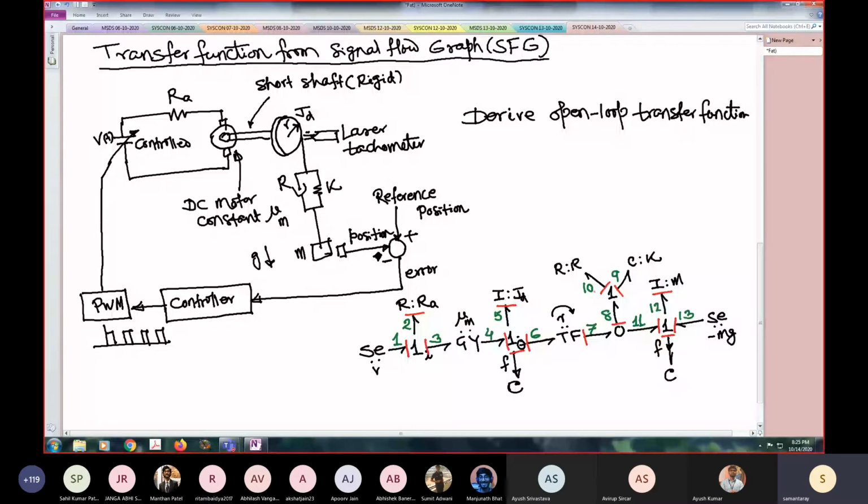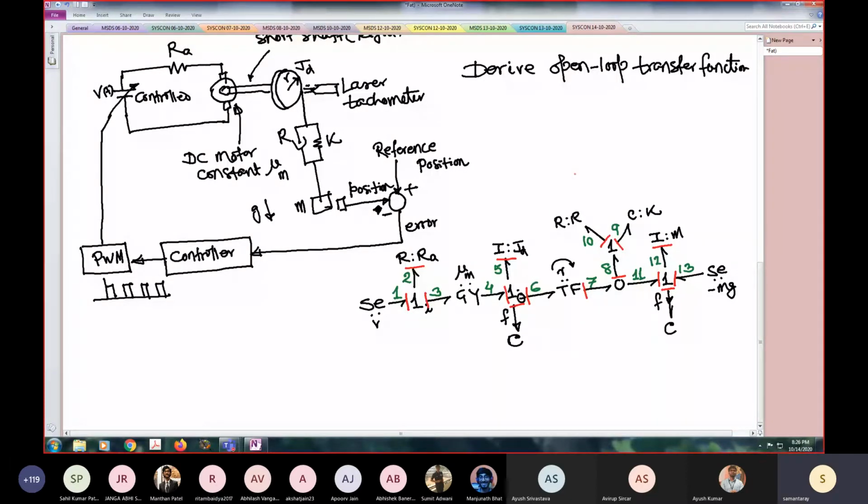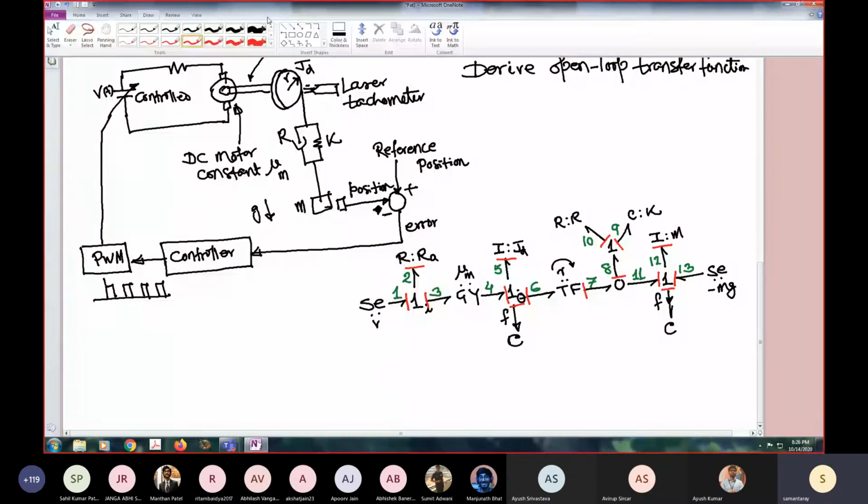Note that we have completely removed the reference, that comparator, the controller, the pulse width modulator and all those things. Those are part of the control loop. When we derive the open loop transfer function, we don't care about the control loop. We will remove that. Control loop can be established afterwards. So we will only refer to this model. We don't need that system now. We will draw our signal flow graph by using this particular bond graph model.